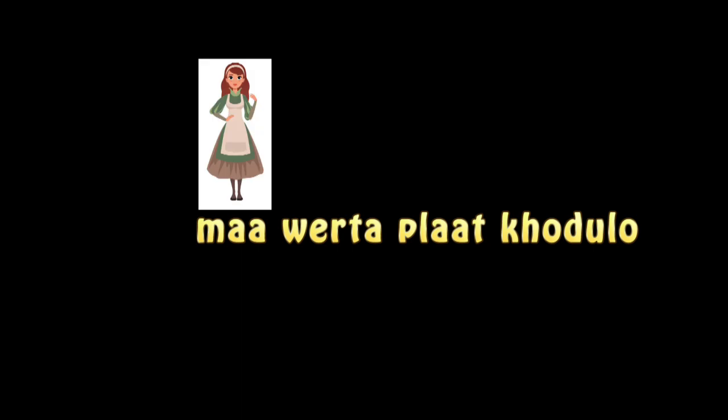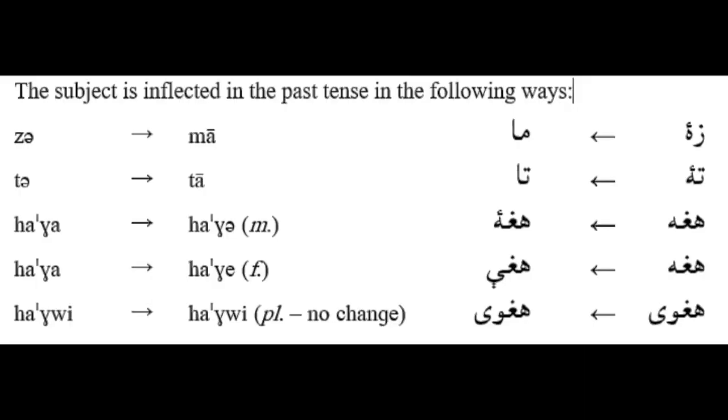But here's the thing. What is this ma? Well, the subject in past transitive tenses gets inflected. It's like a servant who has to adjust to the sentence, but no longer has control over what's happened. So the I changes in the inflected form for the transitive past tense. Za changes to ma, ta to ta, hare to hare, hare feminine to hare, and hari doesn't change.